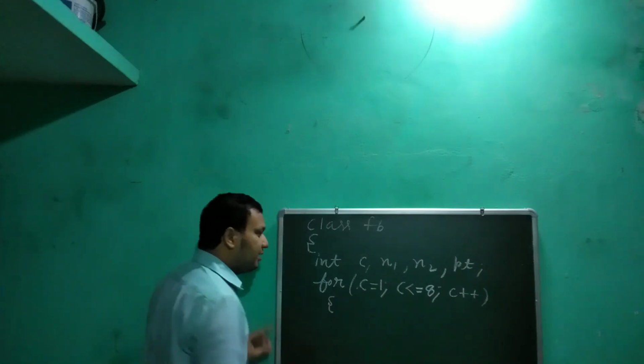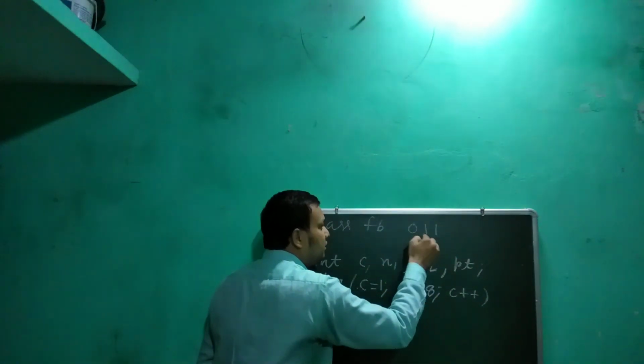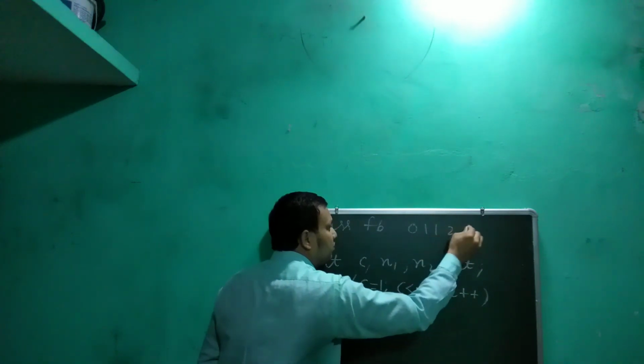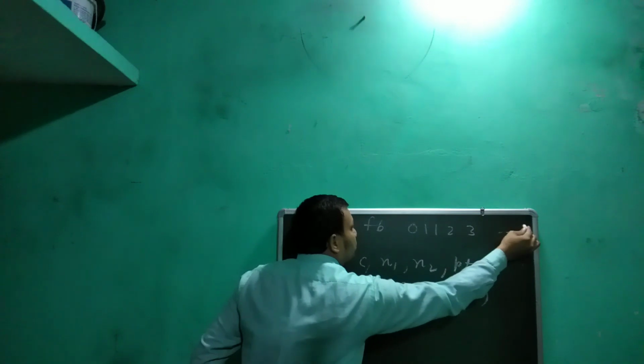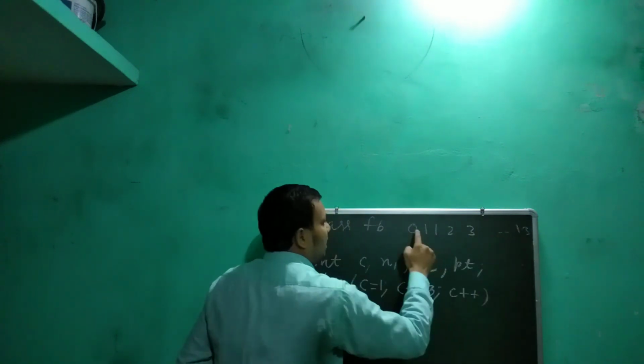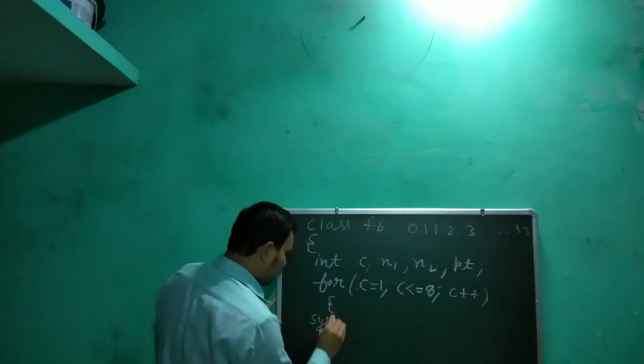Now the next work is what? As you have seen, it was 0, 1, then 0 plus 1, 1, 1 plus 1, 2. It was something like this. And we have to go up to 13, meaning 8 terms. So the next work is what? Let's print it here first.